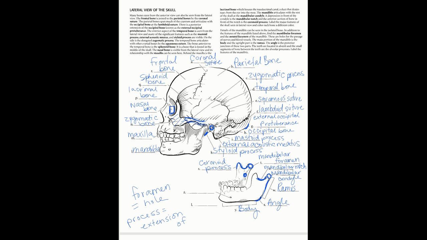And Z, this is another hole. Again, this is going to allow the passage of nerves and blood supply. The hole on the front of the mandible is called the mental foramen,